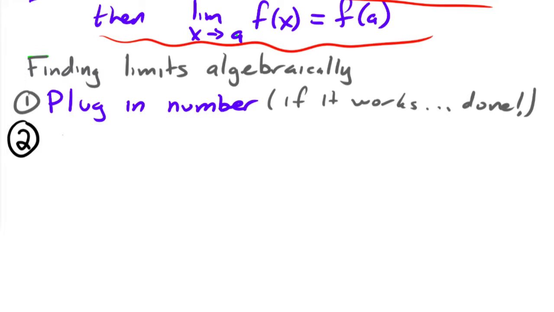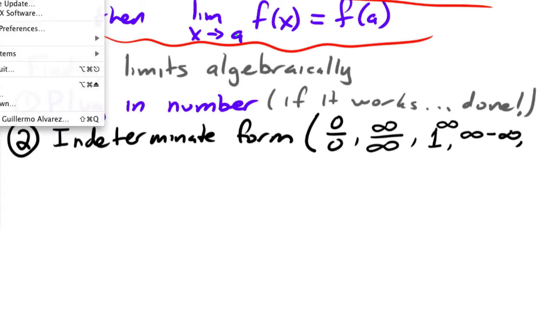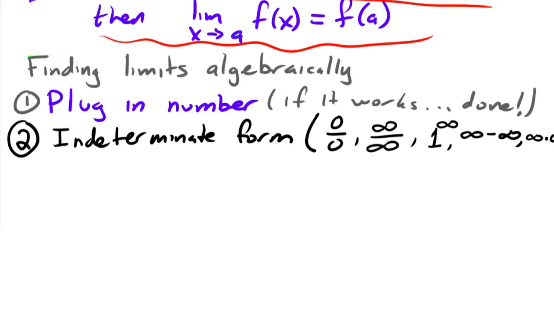Now if you get an indeterminate form, I'm just going to list a couple. 0 over 0 is an indeterminate form. Infinity over infinity is another indeterminate form. 1 to the infinity is also an indeterminate form. You've got infinity minus infinity. And you've also got infinity times 0. Okay, so any of those,